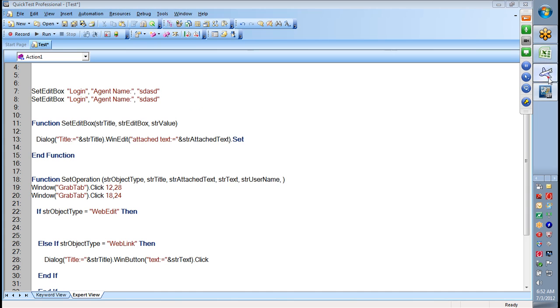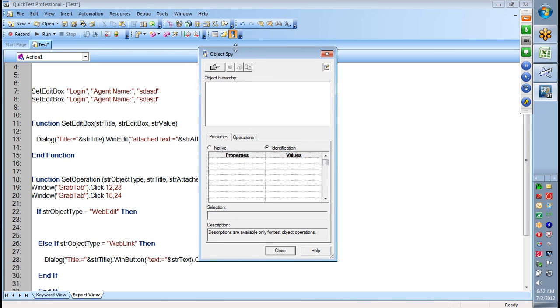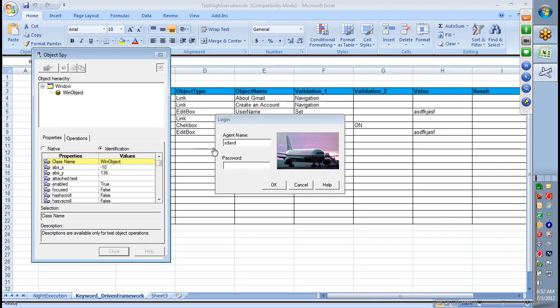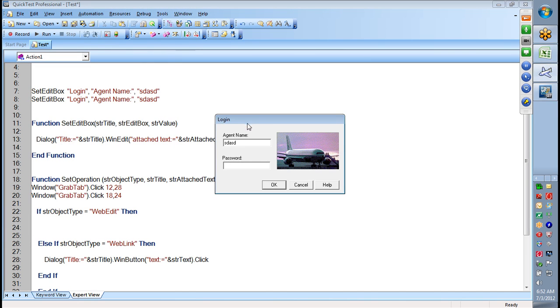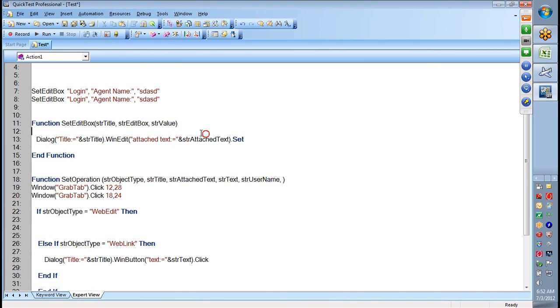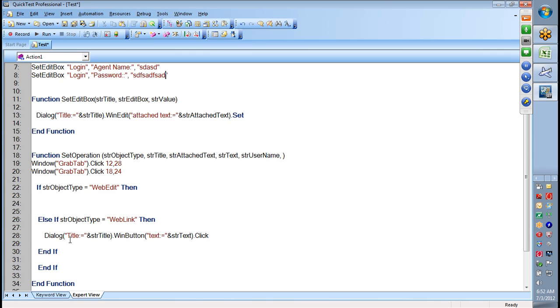So in the flight reservation system, if you go to password, what it will take exactly. Okay, so this is password, right? This is password. So for password, you have to set some value. Okay, set password, then